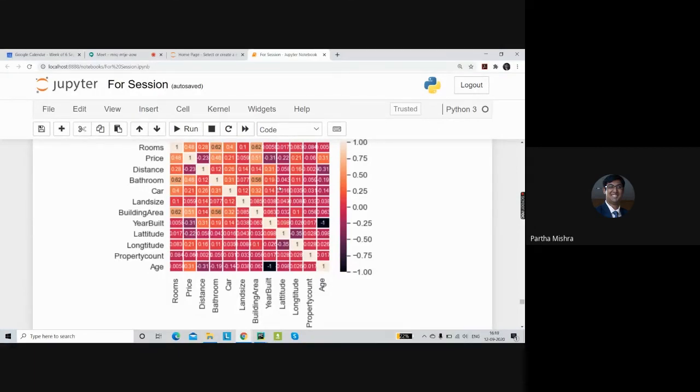That would mean that if the year went up by 1, the price would go down by that particular coefficient, which is pretty logical. The older the house, the lesser the value.